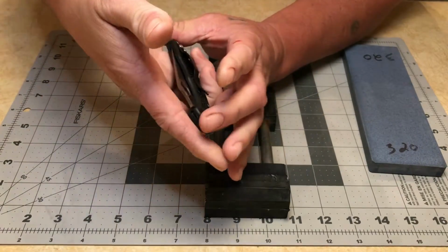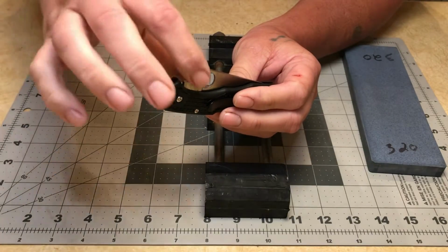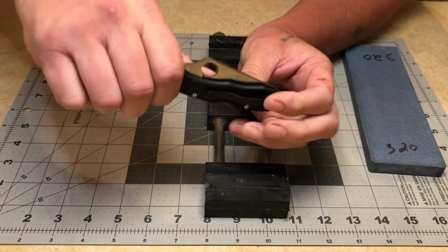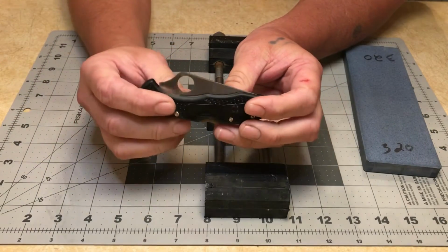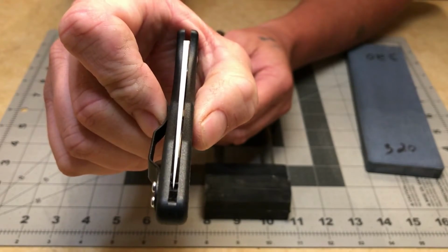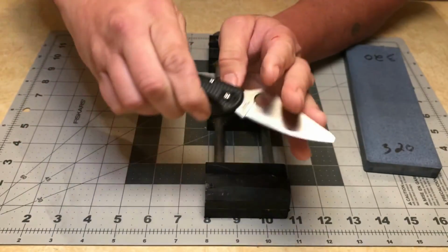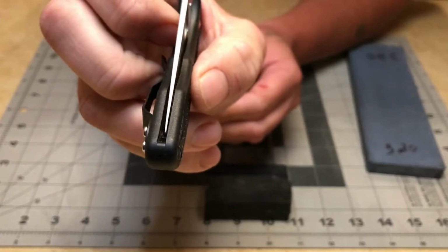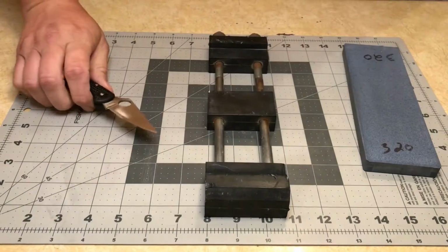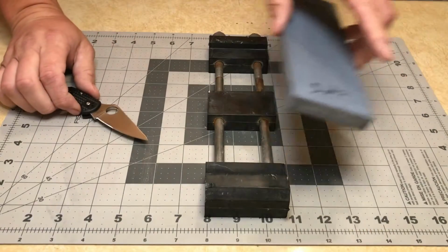I loosened all the screws, tried adjusting it, loosened the pivot, held pressure on it, did all that stuff that you can do. I even tried bending the entire frame. If I do that, it centers up just fine, but as soon as I open and close it, it goes back to where it was. So it is what it is. I plan to use this knife,